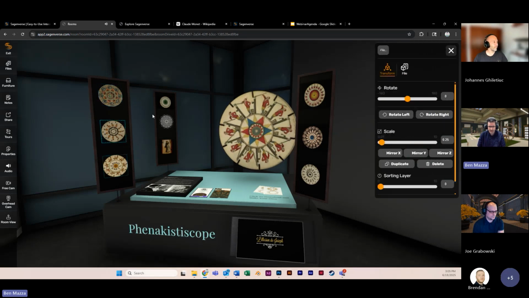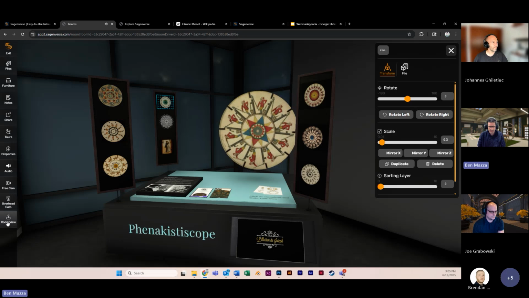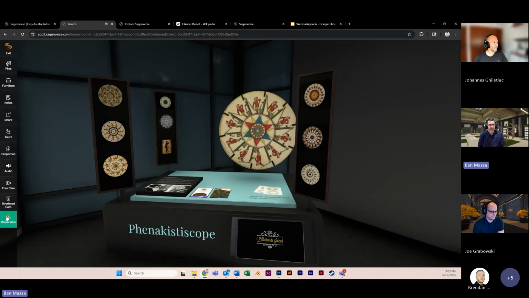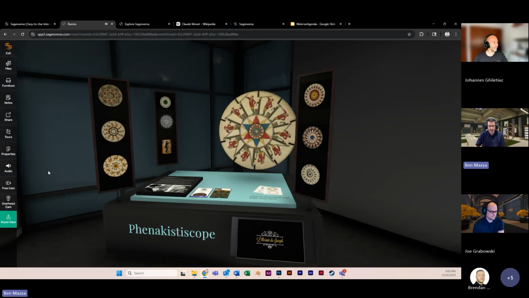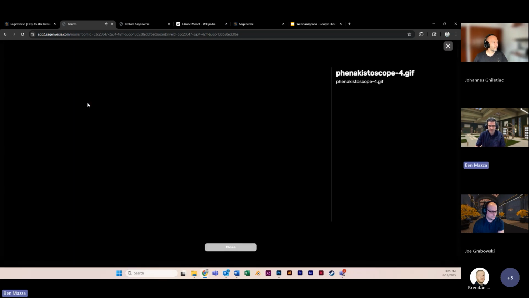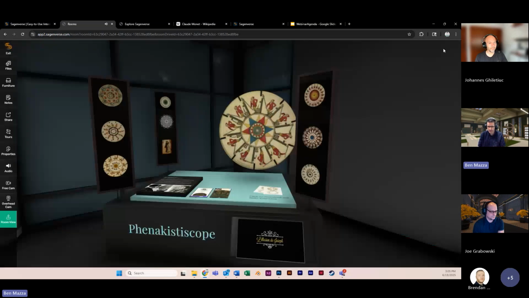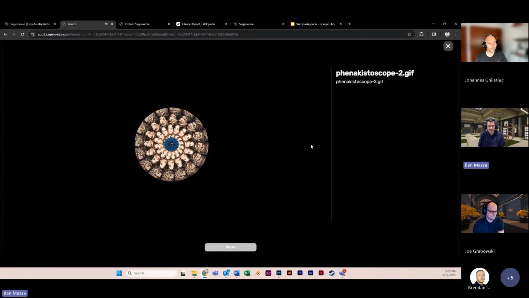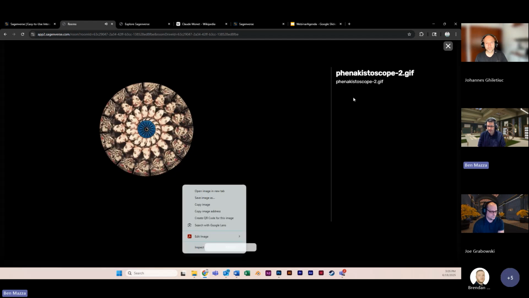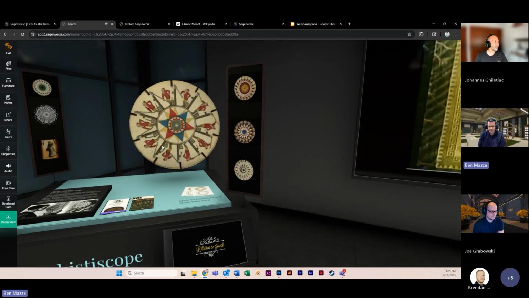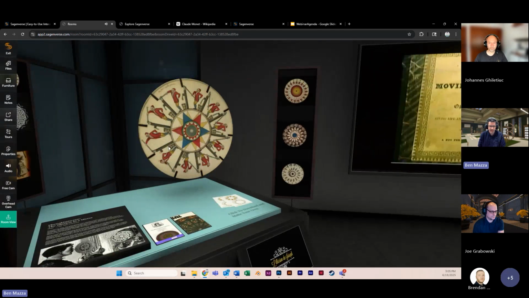So all these are artifacts I was able to add, and if I go into this room view down here, I can turn on a preview of what my guests would experience. With that enabled, clicking on these things will open up each one of these artifacts, and this is an animated GIF showing the effect of that spinning wheel, which I think is very, very neat. This is a 3D model that I built and brought in, and I have customized and animated in the space,